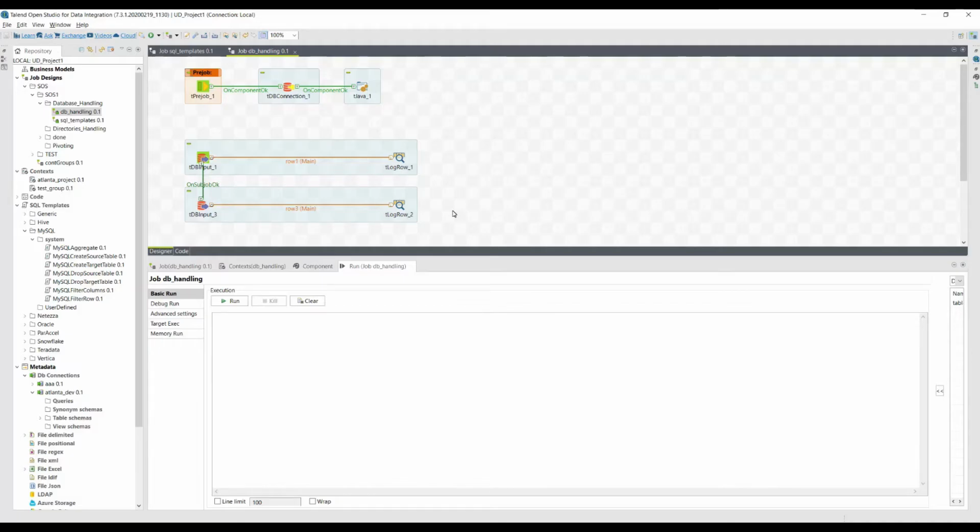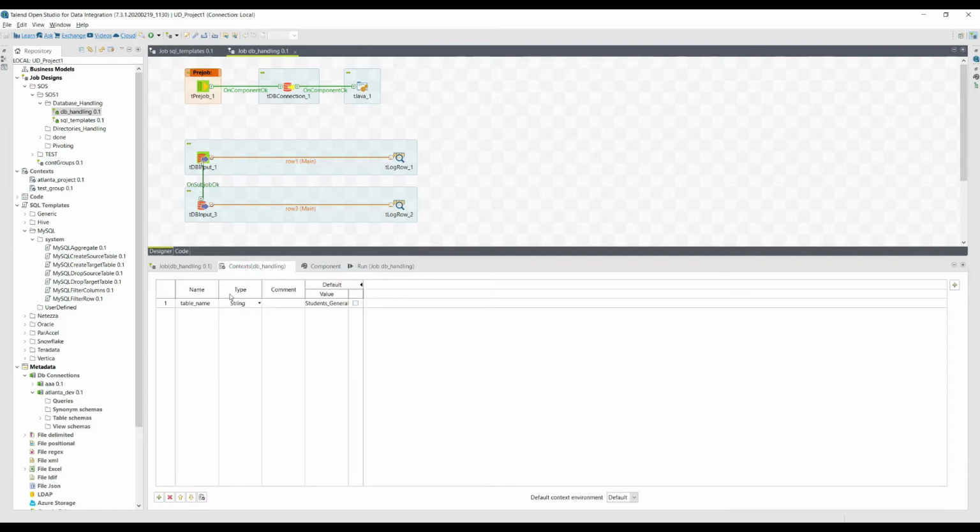There are times when we have the requirements to use global variables or context variables inside SQL queries. For example, the variables that we have here, or maybe the global variables that we have. If we want to use them inside SQL queries, that's very simple. So in this case,